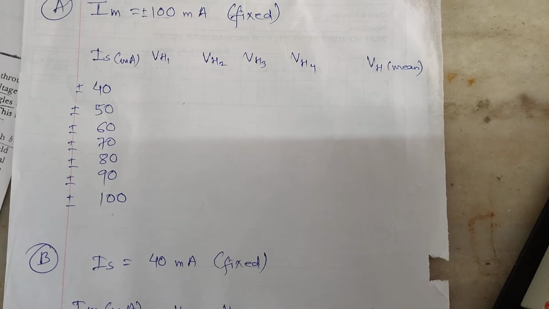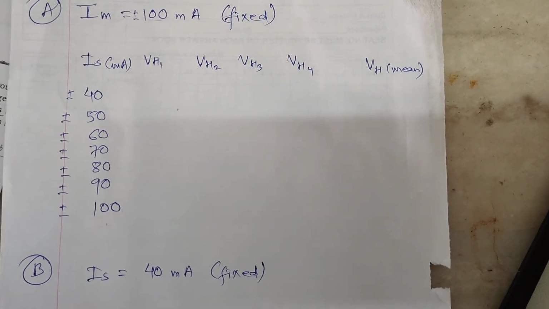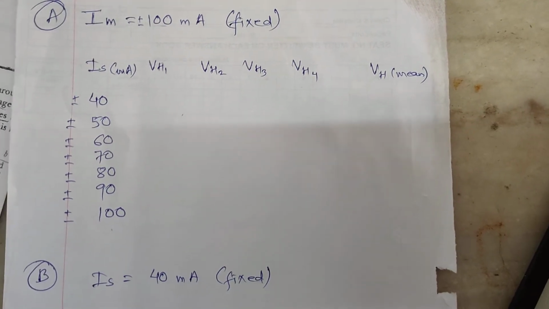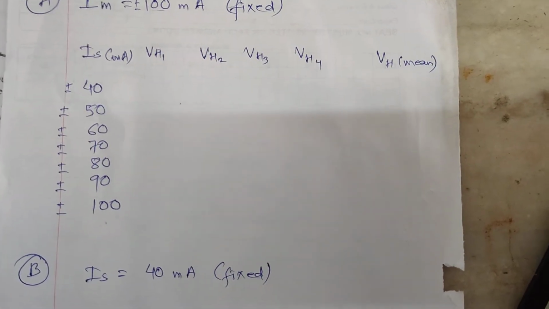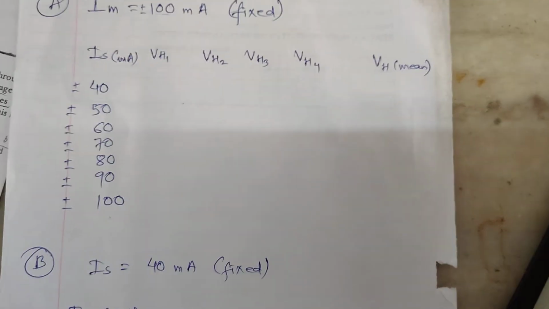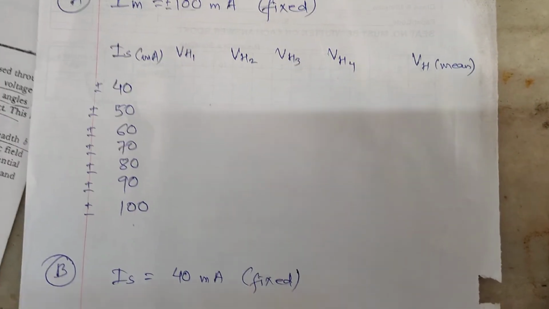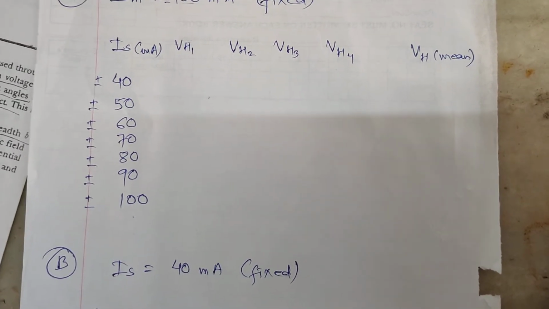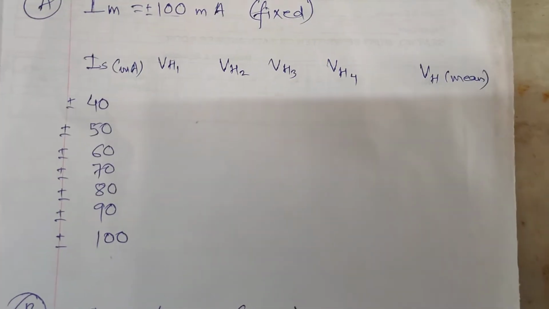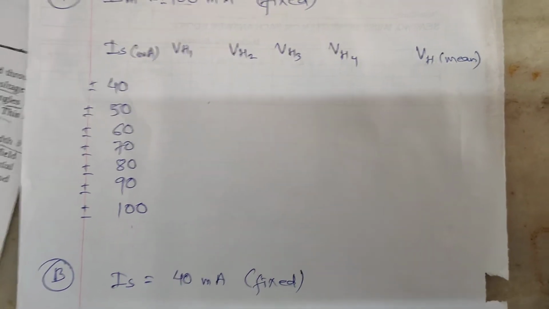of the voltage. Okay, then what we will do, we'll find the mean, and while finding the mean, we don't have to consider the sign. Whether it is positive or negative, you have to take the values, take the mod of all the values and then find the mean. Because if one value is positive and the other is negative, when we add, it will become 0. So you should not do that.